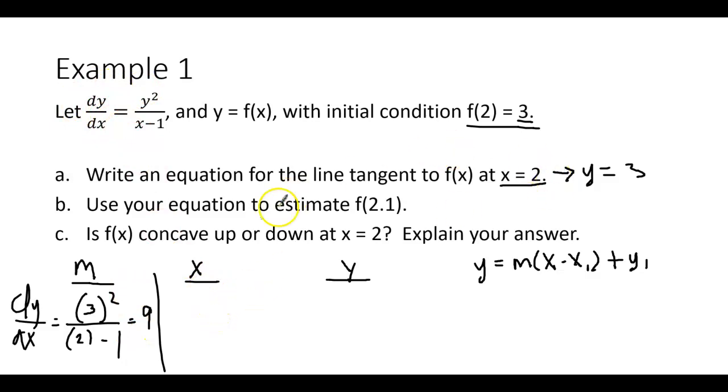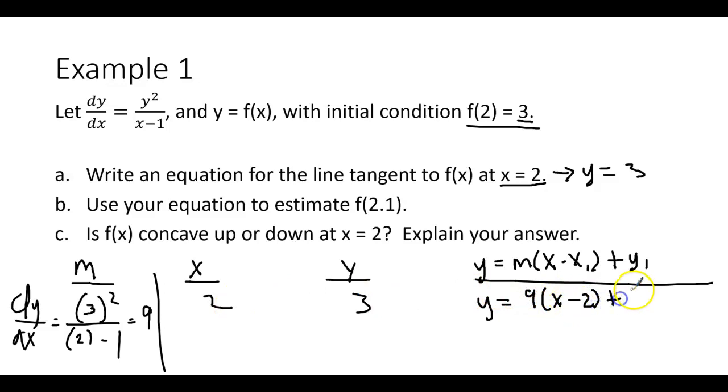Now we're going to go with the x and y value they gave us. My x value is 2, my y value is 3, right? So now we're just going to go ahead and plug that into our point slope formula, and we'll have our tangent line. My slope was 9. My x1 value is 2, and my y1 value is 3. Now, these x's, I should put a 1 here because I want you guys to know where they go in the formula. In the formula, they go here and here. They don't go for this y and this x. They go for the ones that I put a little 1 next to. So we'll call these x1, y1. And I would go ahead and simplify it. It's not that hard.